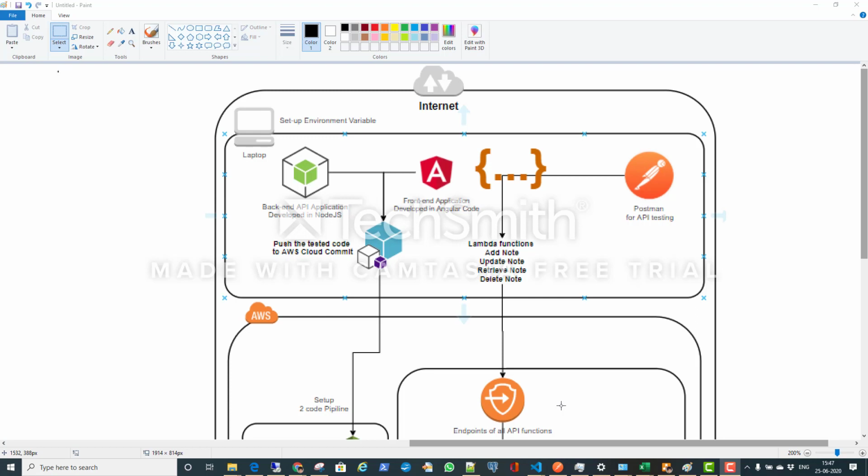We have developed one serverless application which has two parts, backend and frontend. The backend is developed as Node.js APIs, and the frontend application is developed in Angular. We also used Visual Studio to push our code using Git to AWS, and then in AWS we have used